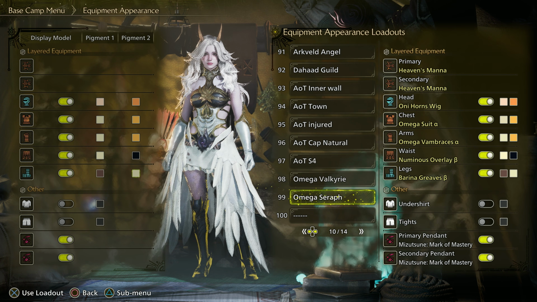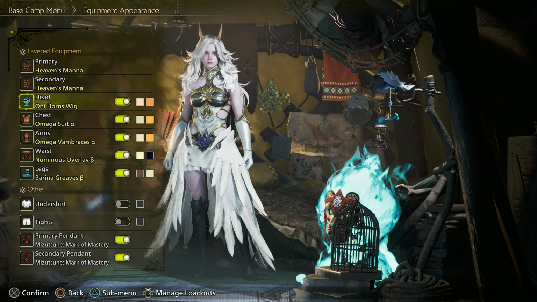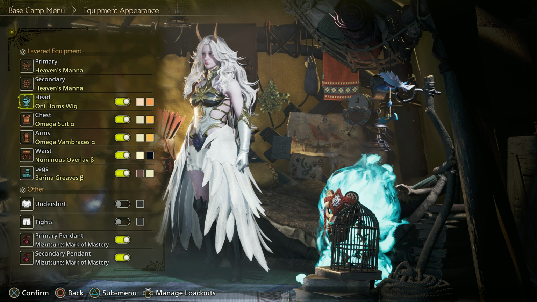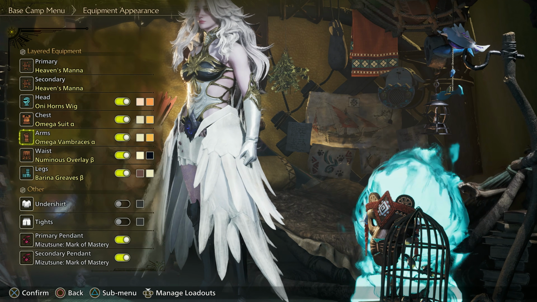Finally, the Omega Seraph look mixes celestial fury with a fallen angel vibe. I picked the Oni horn for a fallen divinity theme, matching the gold-etched lines from the Omega chest for the gilded aesthetic, layering the massive white wings from the numinous waist and the pristine white Omega vambraces for a divine